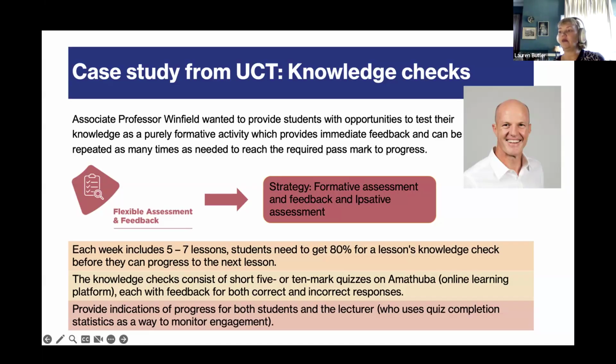So the course site reflects the structured format of the course and is organized into weeks. And each week contains about 5 to 7 lessons that students work through,